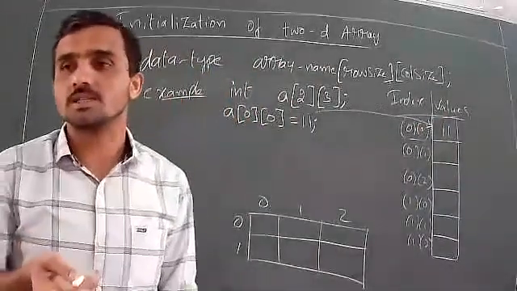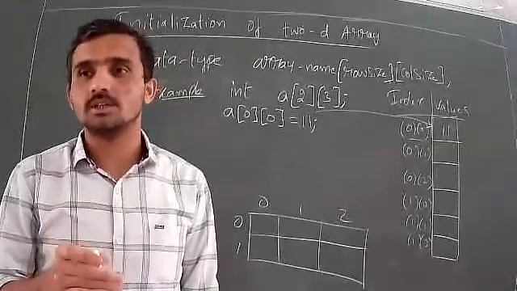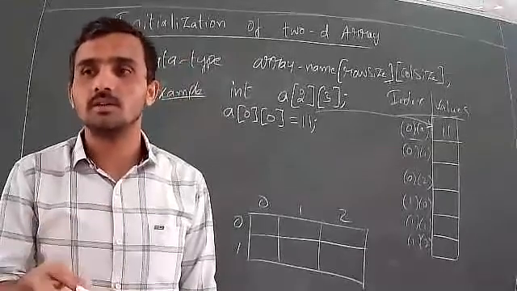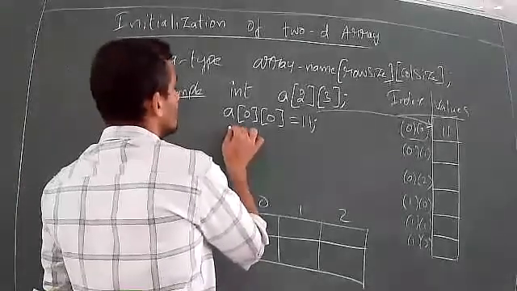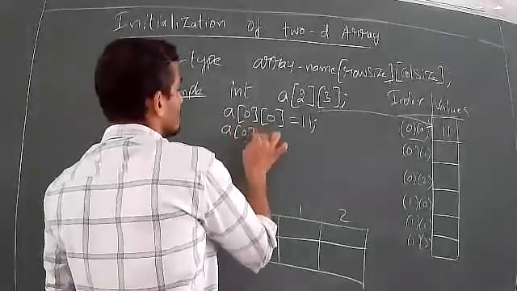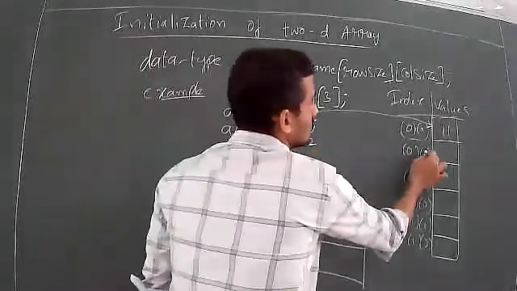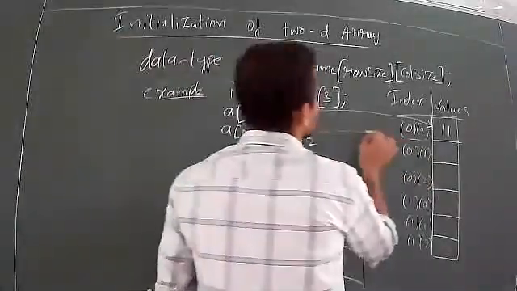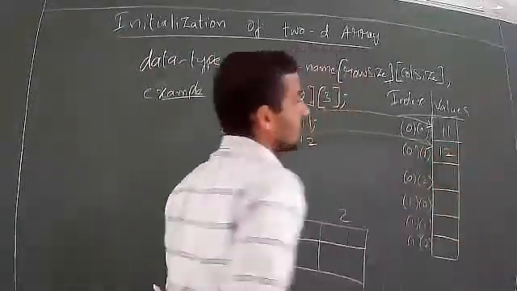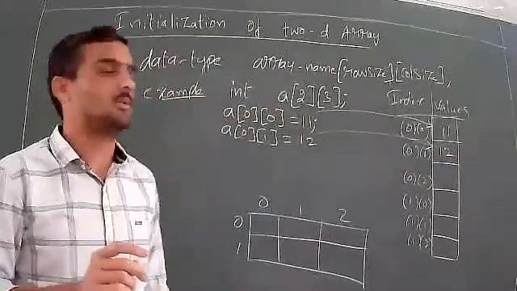If you look at the previous example, I have not written the values, just the declaration. So step by step we will go. First declaration, then initialization, then printing the values, then input and print both. Next, similarly, I can say A of 0, 1, because first row number 0 and column number 1. So this value will be stored in the second location. Okay, that is the first row, second column element.